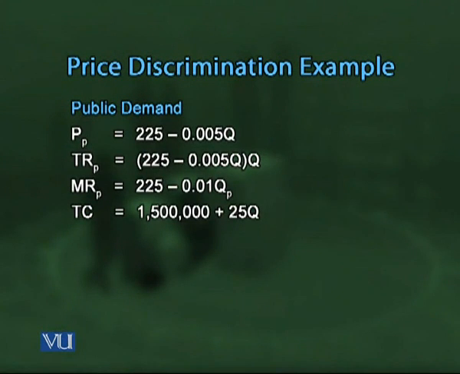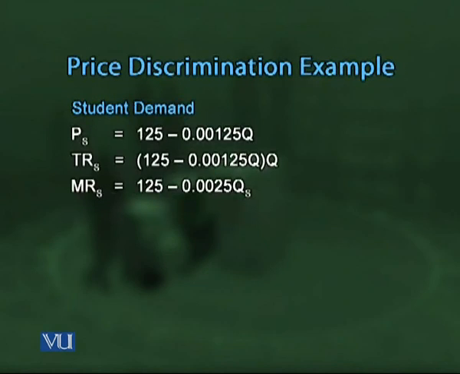Assuming that this institute has conducted a market survey and it has collected its demand relations for the students community and non-students community, as you can see on your screen. Here you can see that we have the demand function for the general public and the demand function for the students. The public demand is given as PP, where P stands for public. This is equal to 225 minus 0.005 Q. And the student demand is given by the price function, which is labeled as PS, where S stands for the students, and it is 125 minus